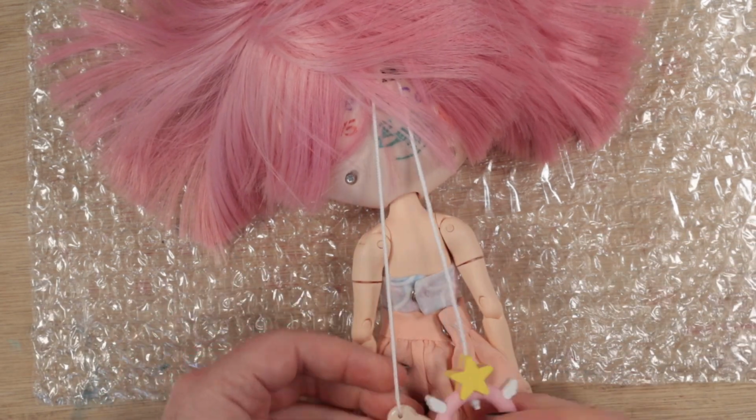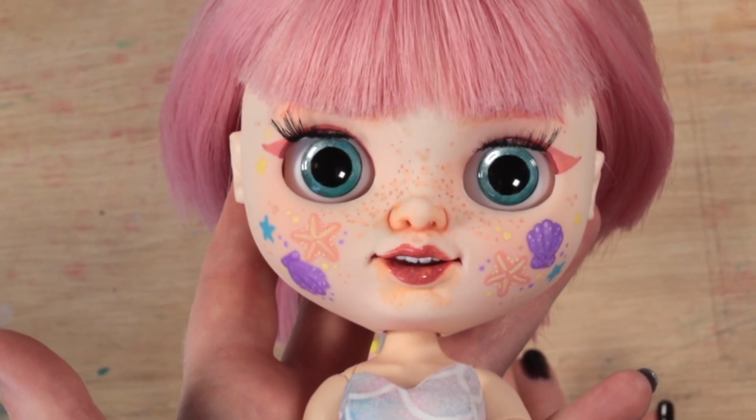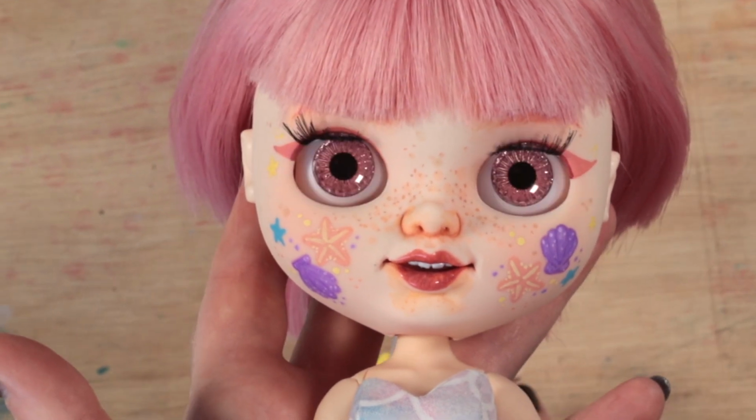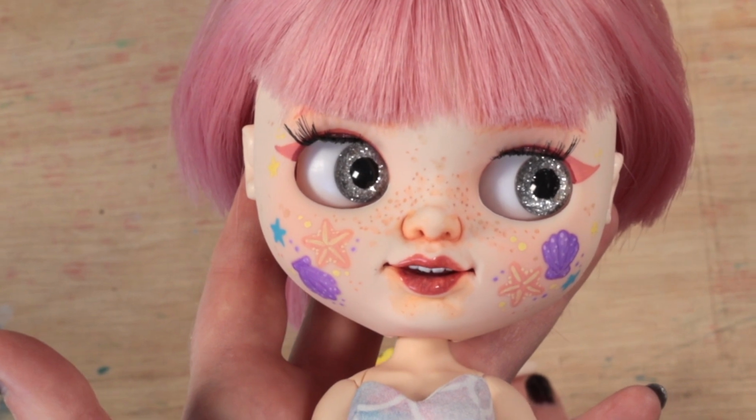And there we have her. As you can see, Evie has named her Sweet Sophia. I will also be making her a full custom set of clothing, some mermaid themed and some specific